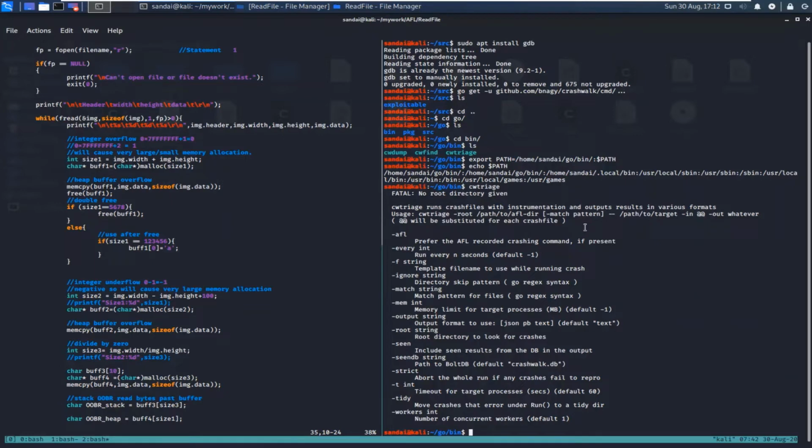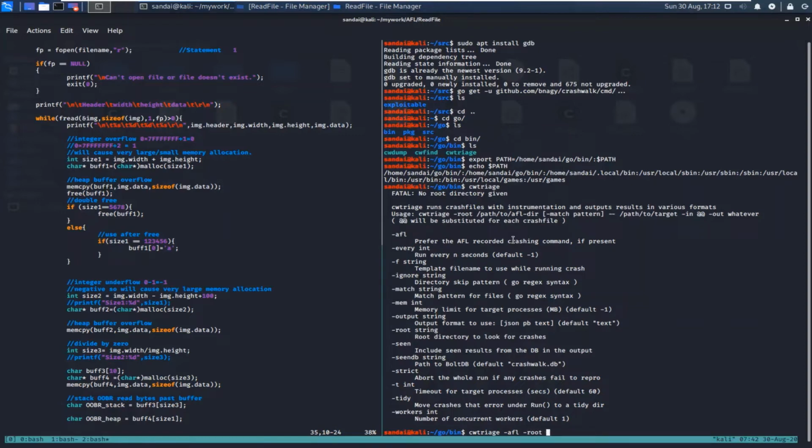Now when you run cwtriage, you can see that it expects a couple of options. One of them is -afl, and when you give this option, you don't need to give anything else. You can simply give a command like cwtriage -afl and then a root directory.